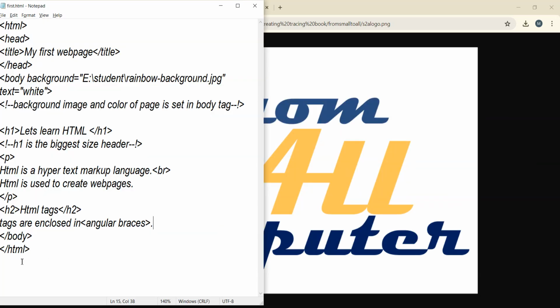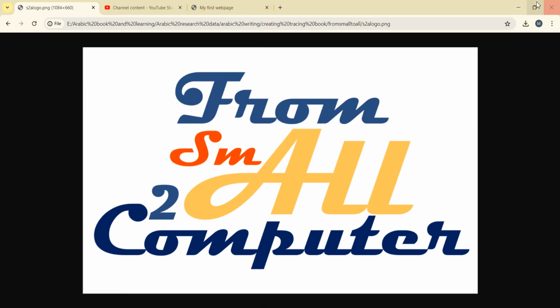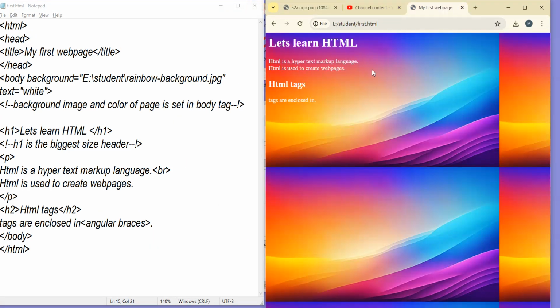In last session, we were at this HTML tag h2. Here we wanted to type the angular braces, and when we did that, it was not appearing on our screen. If you see here, tags are enclosed in angular braces. Here it is coming, tags are enclosed in full stop. There is no angular braces given here. So to print that, you will be writing